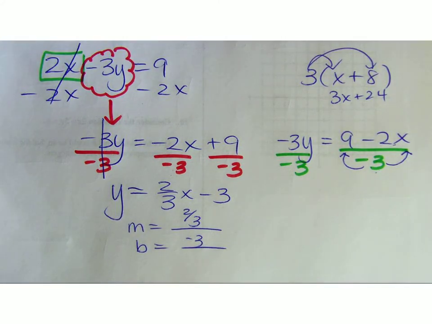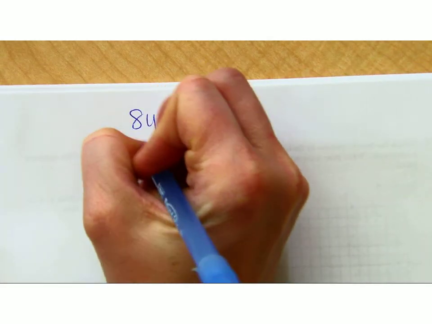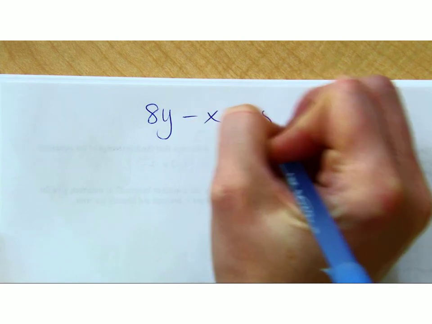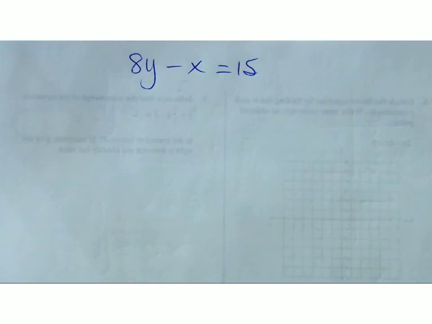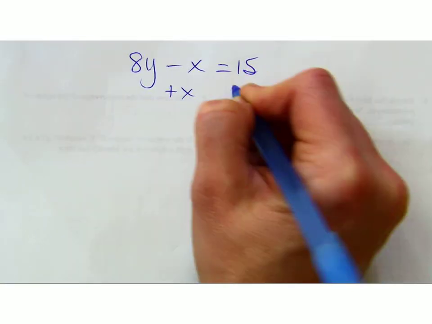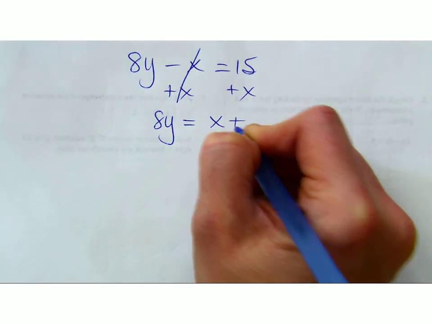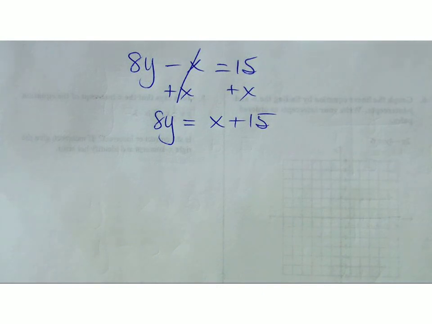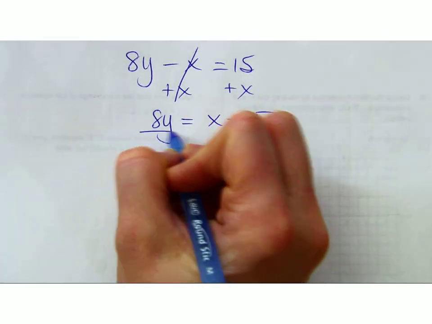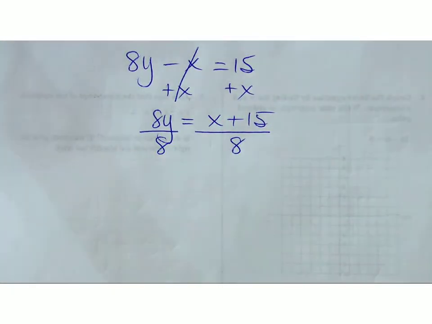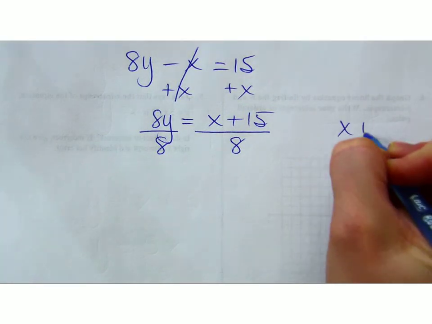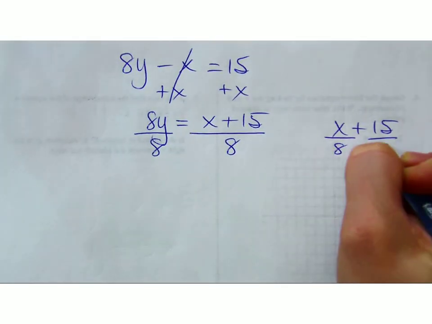Moving on. Okay. What do you do if you have something like this? 8y minus x equals 15. Same thing as before. You get y by itself. So I'm going to add x. This one's a little different. This one is the most common one done incorrectly. Okay. Divide by 8. You can decide if you want to put 1 or if you want to put it under each. I think it's a little easier to see. Now,